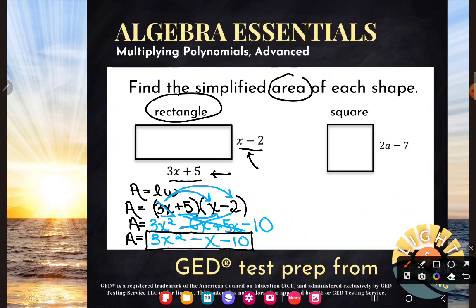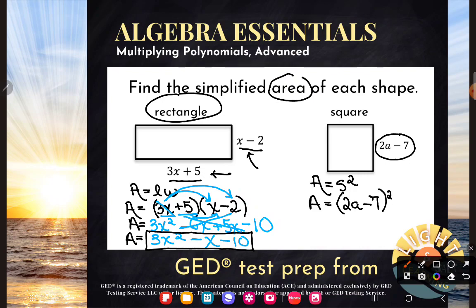And if you were to hit up the square formula, which you are totally welcome to do, you would get this. A is equal to s squared. That is specifically the area of a square formula. But be careful when you're plugging into this. So we do know our side length of our square is this algebraic expression 2a minus 7. But don't just plug in 2a minus 7 and then pop a square on there. You want to take this whole thing and square it. So make sure you use